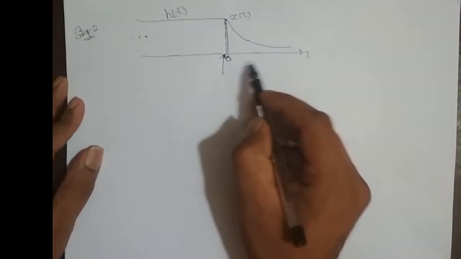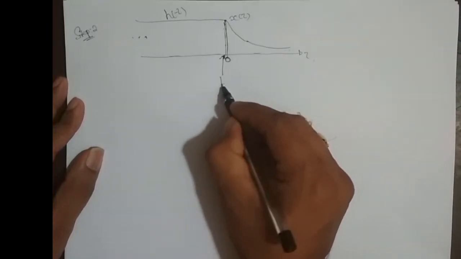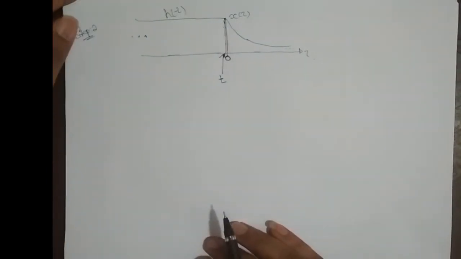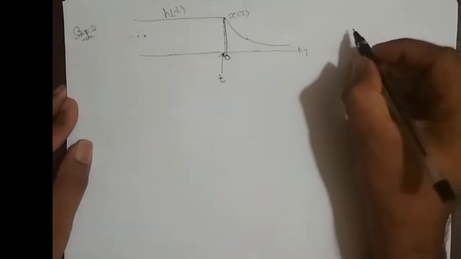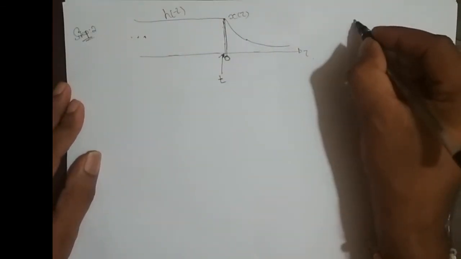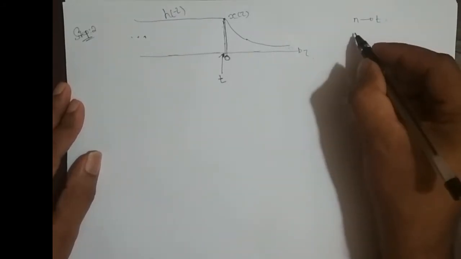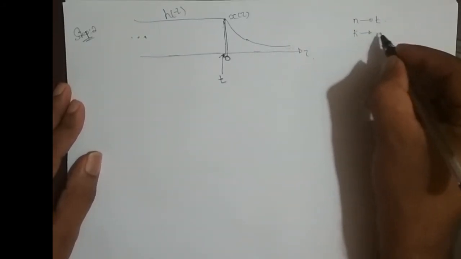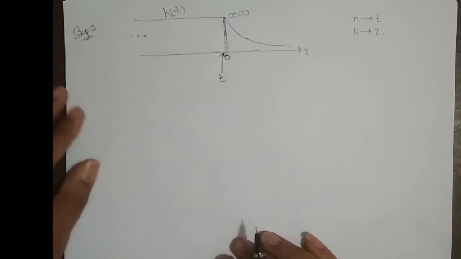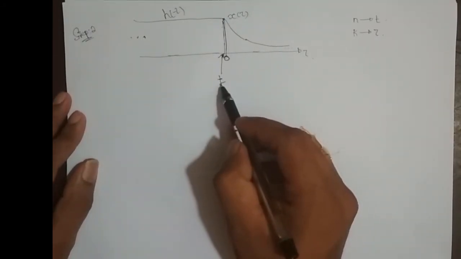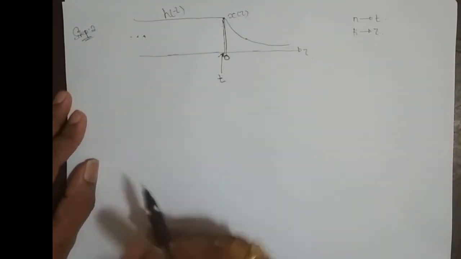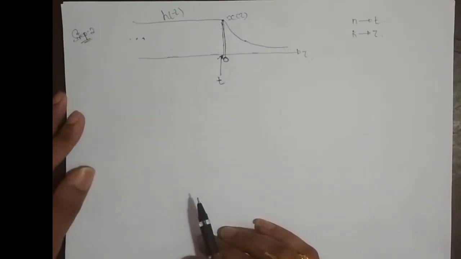The slider is at h of minus tau at this point, and since it is at tau equal to 0, I have to replace it by t, the same way we did in convolution sum. In convolution sum, n corresponds in convolution integral to t, and k corresponds to tau. We used to replace this by n in convolution sum. Here we have to replace it by t. Okay, what do I need to do next?